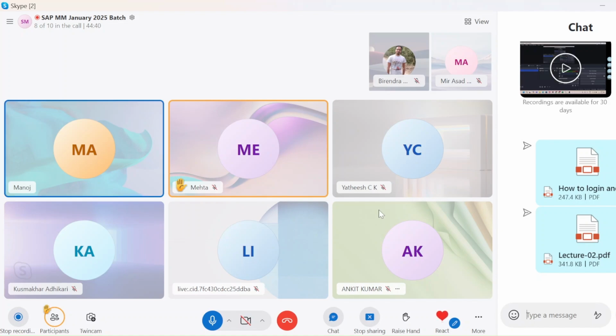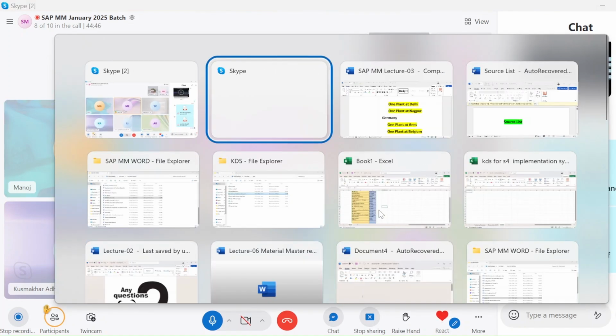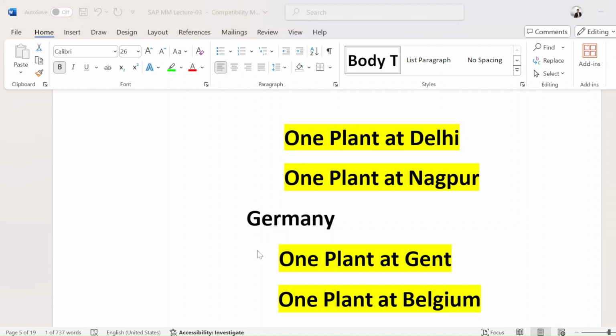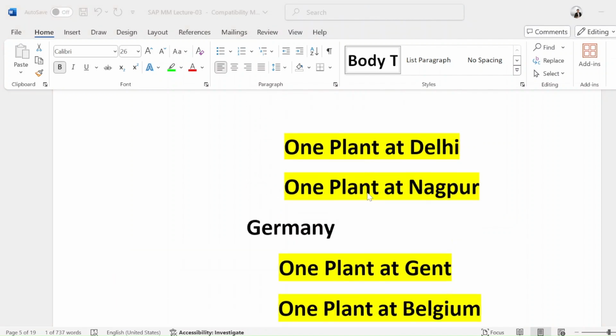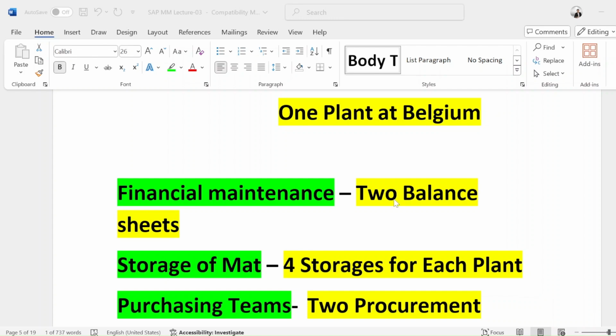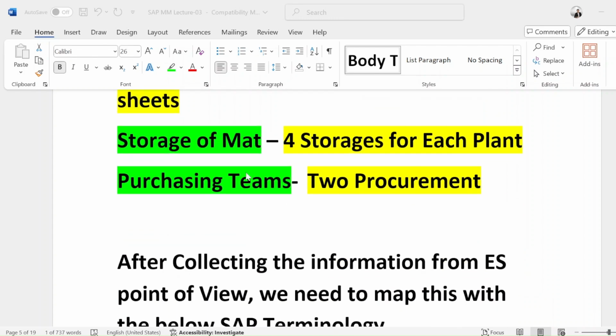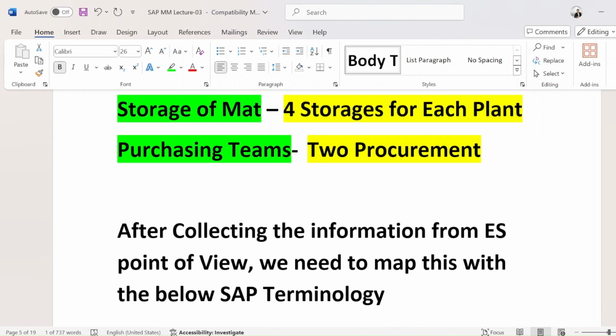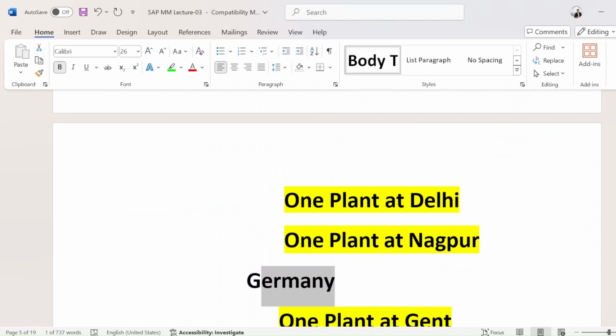It can't be done because they have to pay tax. So if it's in two different countries, then two balance sheets will be there. Perfect. Storage of a material, let's suppose four storage locations for each plant. Purchasing teams: one procurement team is there.